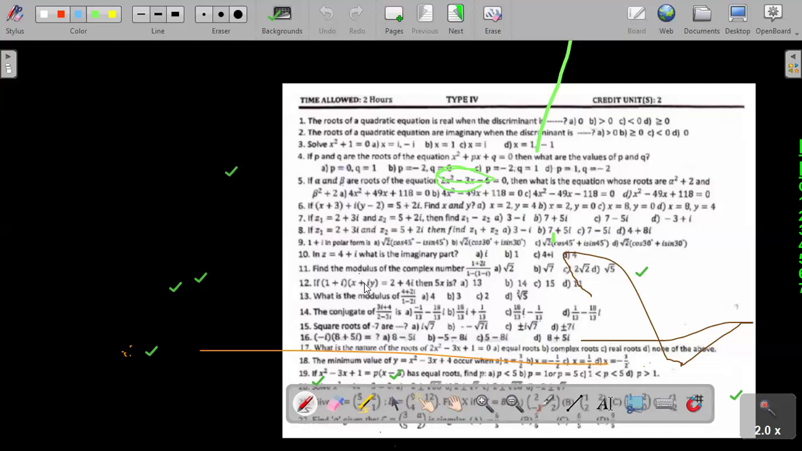Let's go to question 11. Find the modulus of the complex number 1 plus 2i divided by